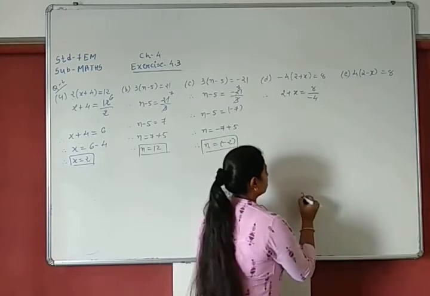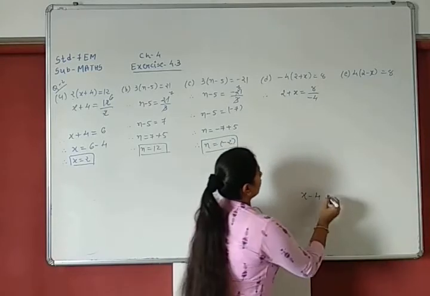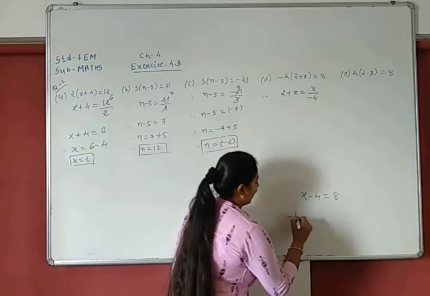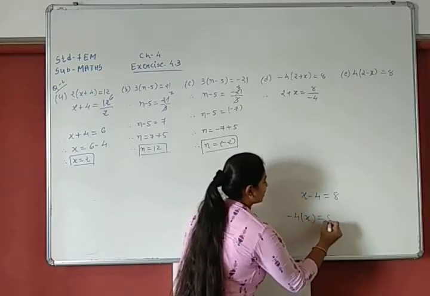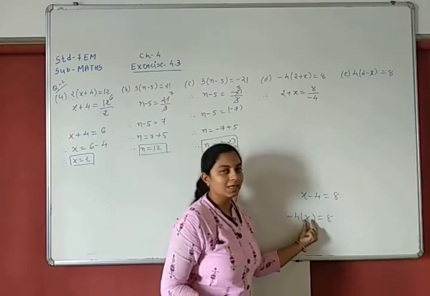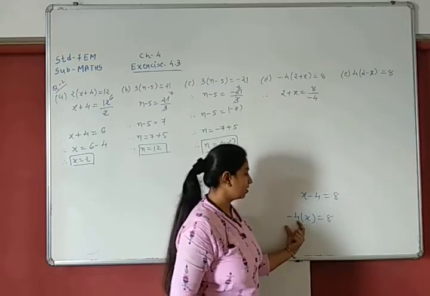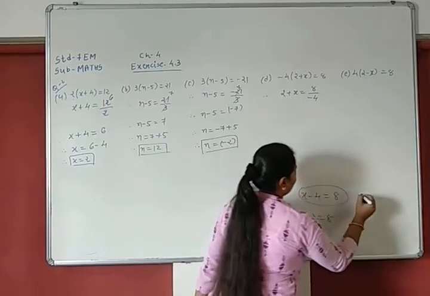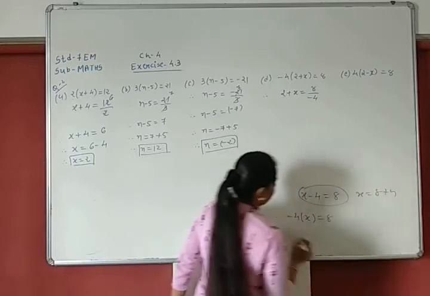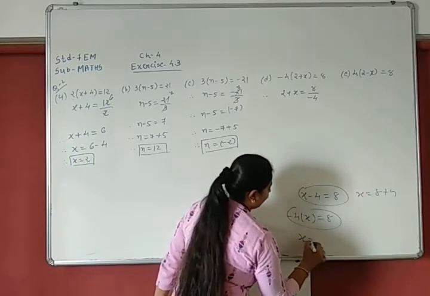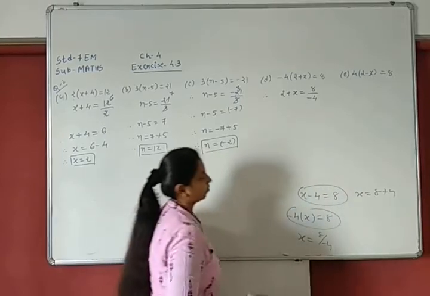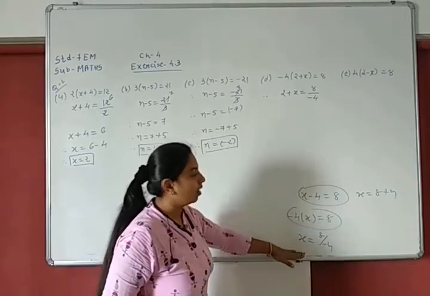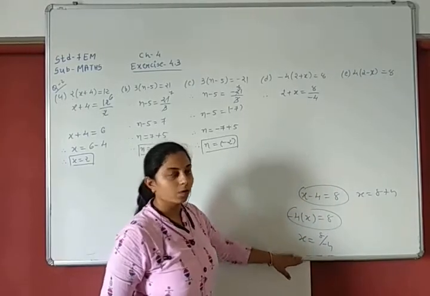જો આવી રીતે હોત x minus 4 equal to 8, then definitely it will become plus 4. But here it is like this, minus 4 into x. તો અહીંયા minus 4x સાથે મલ્ટીપ્લાય થાય છે, એટલા માટે minus 4 છે એ આ બાજુ ડિનોમિનેટરમાં જશે. So in that, what will happen? X equal to 8 plus 4. While in this, next step will be x equals to 8 upon minus 4. You can note down this if you want to note it. આ બંને અલગ અલગ છે. They are not equal. Okay?